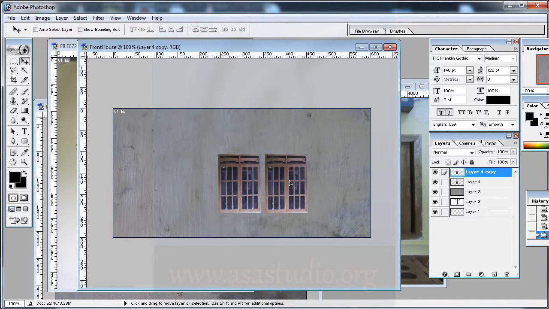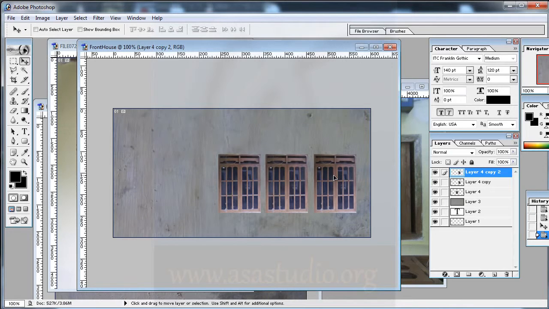press shift, and make like this, and maybe okay, maybe 3, press shift and drag to right. Okay, maybe like this. And now I go to here, and